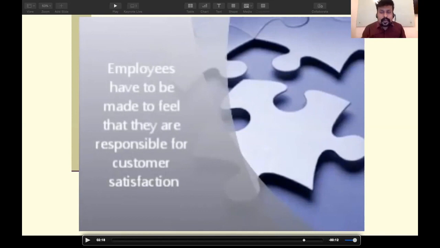You cannot provide quality without satisfying the customers. So satisfy the customers first. You cannot satisfy the customers without employee participation, right? How can you make the customers happy when your employees are not participating and are not happy? That's the second. The third one is you cannot satisfy your customers and bring employee involvement unless your top management is committed to a quality culture. Your top management should be committed to the quality culture. That's the last one in the definition.